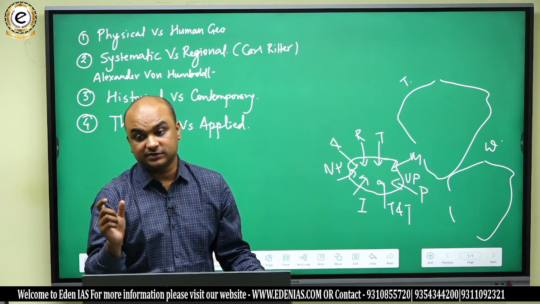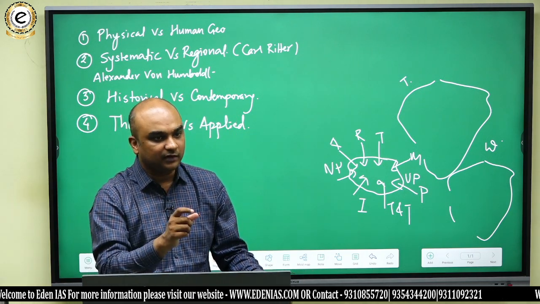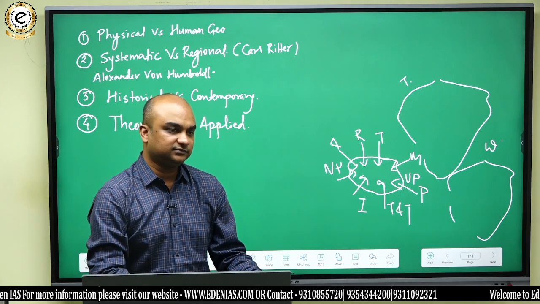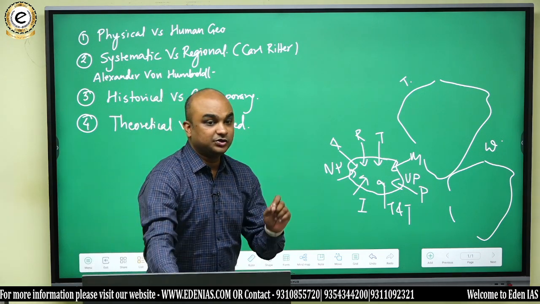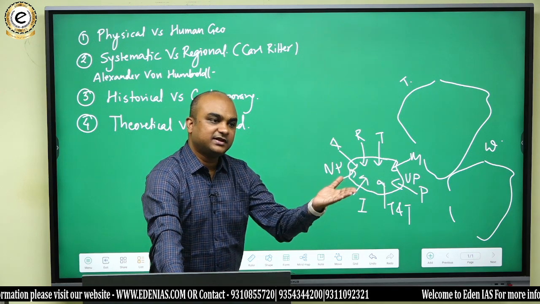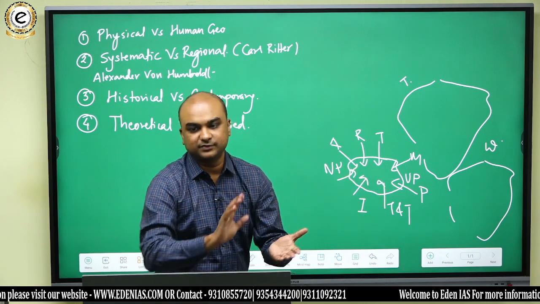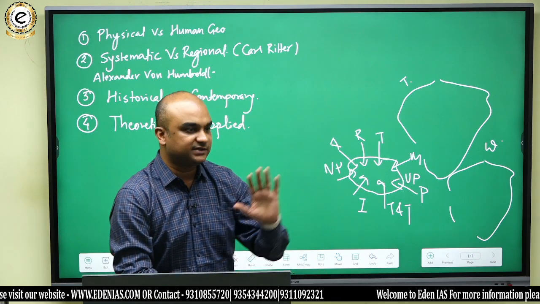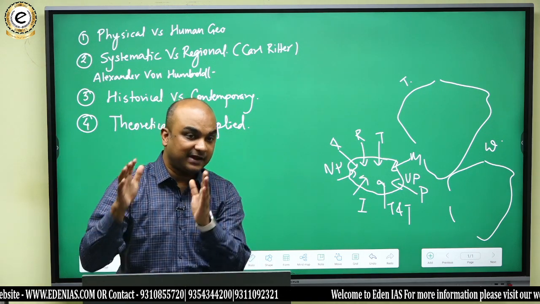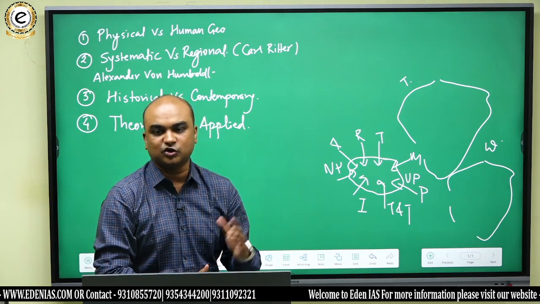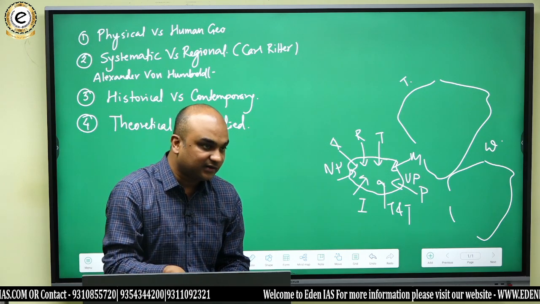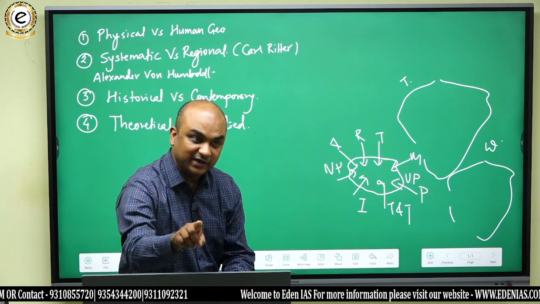But applied geographers are who? Applied geographers are those people who use their theoretical knowledge to take actual decisions in the real world. Do you understand that? Like say for example, a theoretical geographer would be only concerned with a map that showcases where copper is deposited or where aluminum is deposited or bauxite is deposited, something like that. But an applied geographer will use that knowledge and establish aluminum factories, iron and steel factories, copper factories, etc. Got it? So applied geography is what is more important in today's day and world.